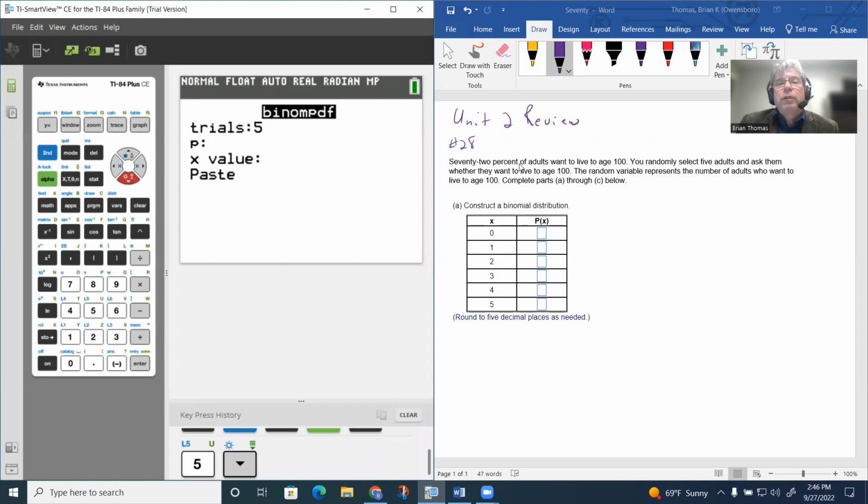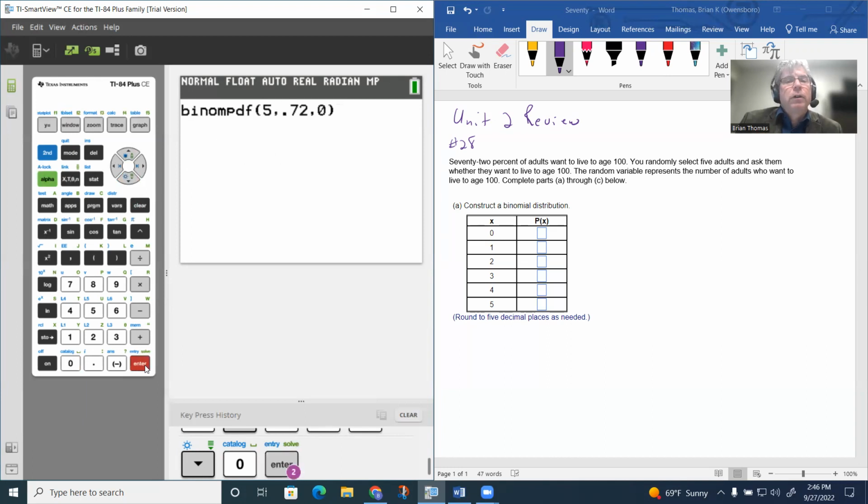The probability was 72%, so we have to put that in as a decimal, 0.72. And the first X value is nobody wants to live to the age of 100, so I can't imagine people saying no to that. So if I put 0 in there, hit enter, it'll tell me to paste. So this will now do the actual formula that was in the book. And we end up with this number